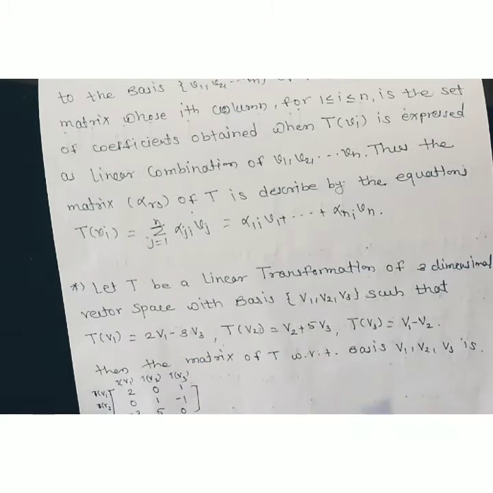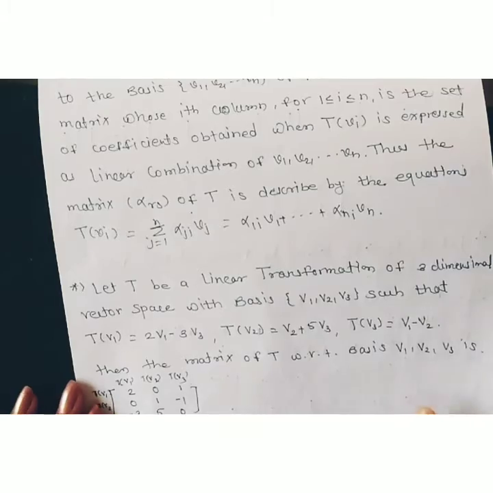So this is the example for finding the linear transformation, and this is a very important concept for finding the transformation matrix, because this is a very important topic for the NET and SET exams. One or two examples like this are used by CSIR in the NET exam. So look at it very carefully.